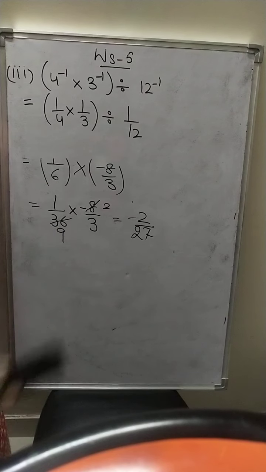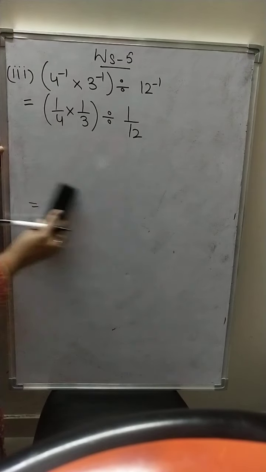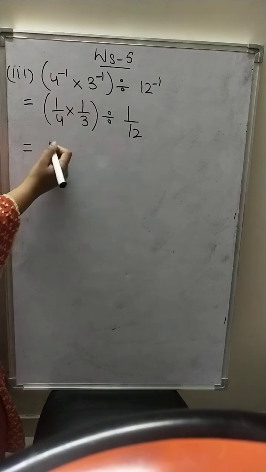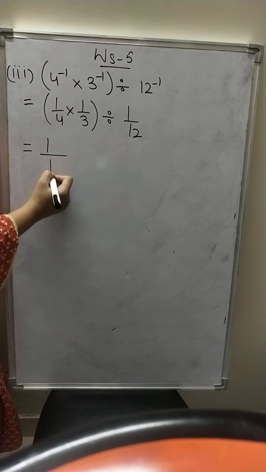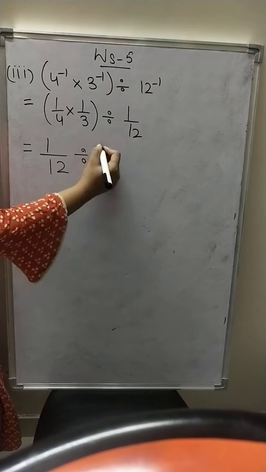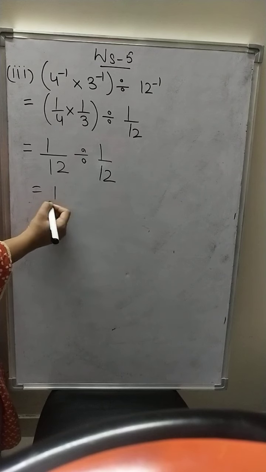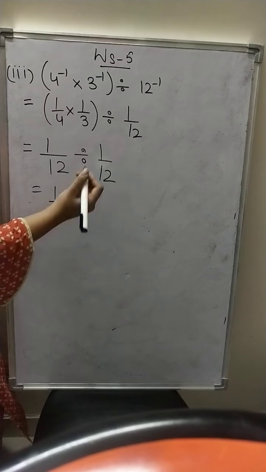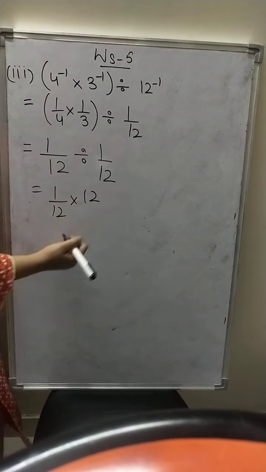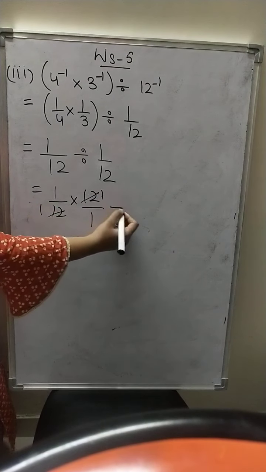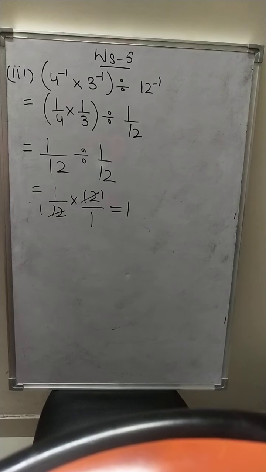Alright. Now what we have to do in the next step. So this is 1 upon 1 into 1 will give a 1. 4 3s I'll get 12. That is to be divided by 1 upon 12. Now I will take a reciprocal of this, because you know whenever division changes into multiply we have to take the reciprocal. So 12 cancels with 12, so my answer comes out to be 1. So what answer I am getting? The answer I am getting is equal to 1.